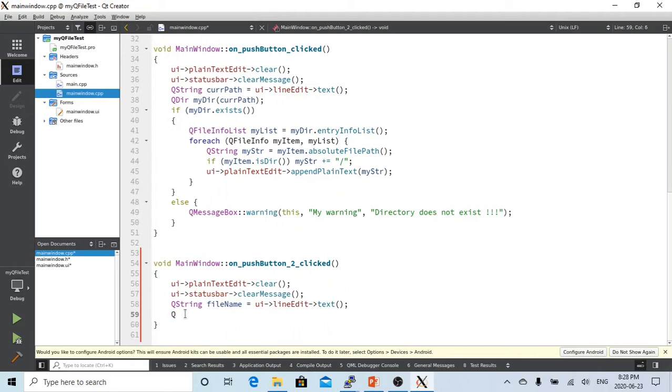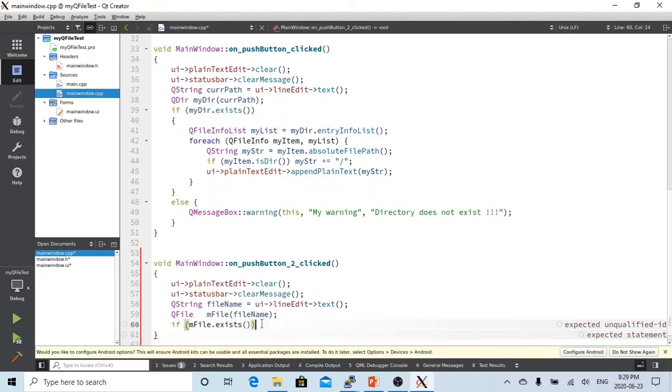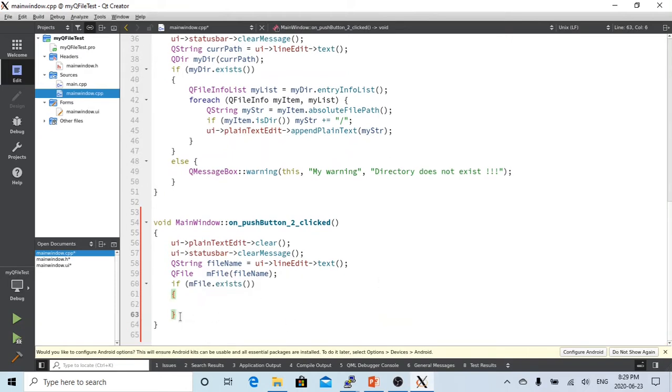So it's QFile, which we call myFile. What's the file name? It's fileName. And after we instantiate our object, we first check if the file exists. So myFile.exists(). If it exists, we are going to do something, and